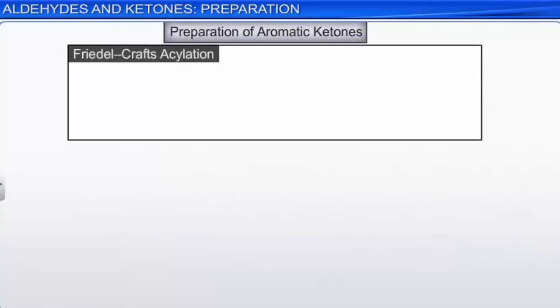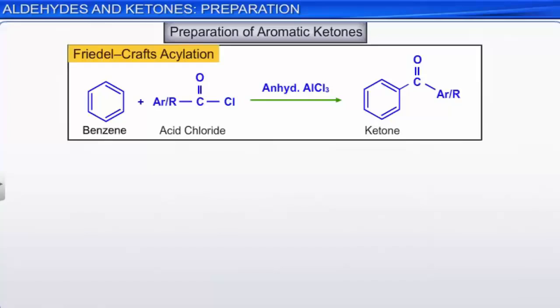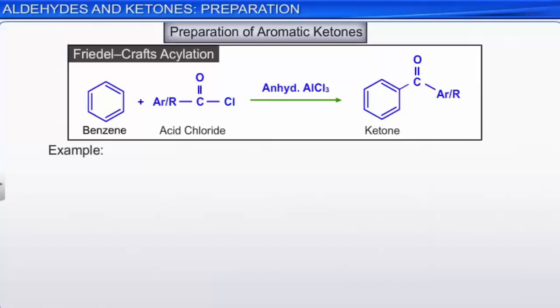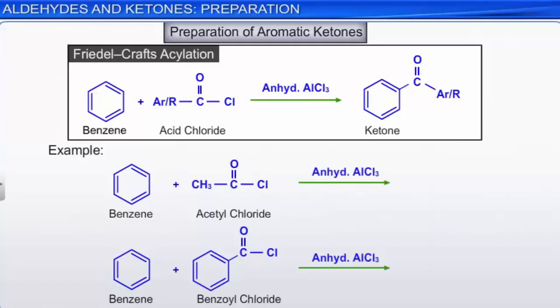Aromatic ketones are more conveniently prepared by the Friedel-Crafts acylation. Benzene reacts with acid chloride in the presence of anhydrous aluminium chloride to give the corresponding ketone. This reaction is known as the Friedel-Crafts acylation. For example, benzene reacts with acetyl chloride and benzoyl chloride in the presence of anhydrous aluminium chloride to give acetophenone